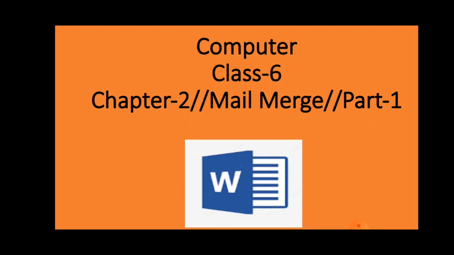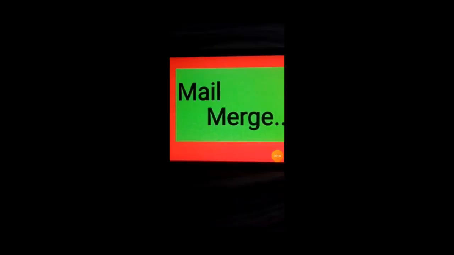You know that mail merge is a very important and essential feature of Microsoft Word. So we can say that mail merge is an option in which you can write a letter once, but you can send the particular letter to many people just by changing the address. Okay, this is the mail merge. First of all, you can write a mail and you can merge the address with that mail and you can send to many people. Okay, so it will save your time because no need to write the letter again and again.